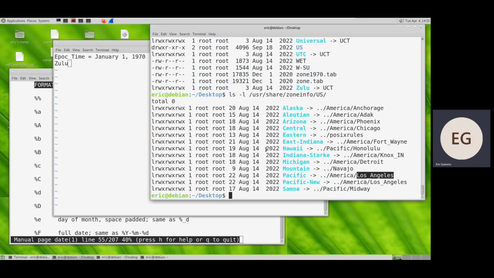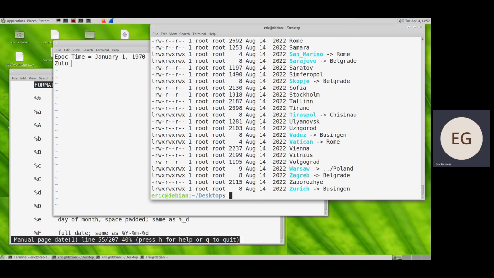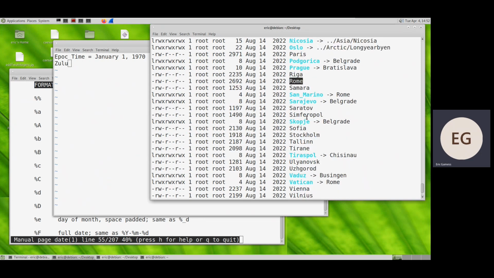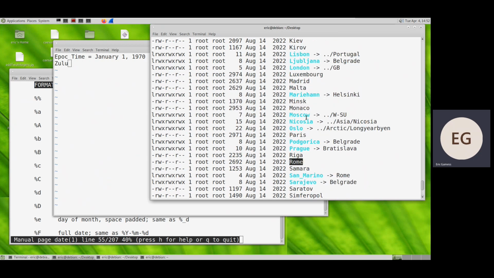no? So my question was, what time is it in this moment in France? So we do have a directory for Europe. And as you can see in Europe, we will have the capital of the country, like Rome is the capital of Italy, for example. Paris is the capital of France. So I need to see if Paris is there. And as you can see, we have Paris. So I can check the time zone of France by doing